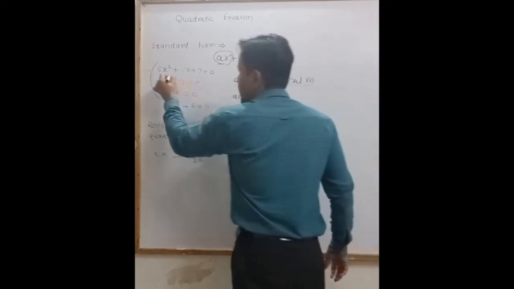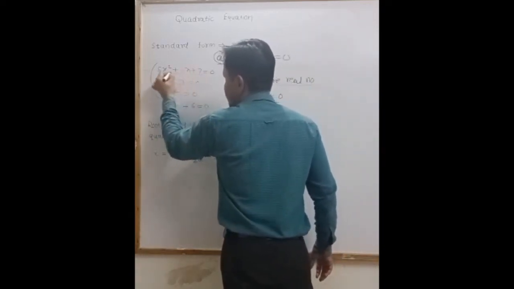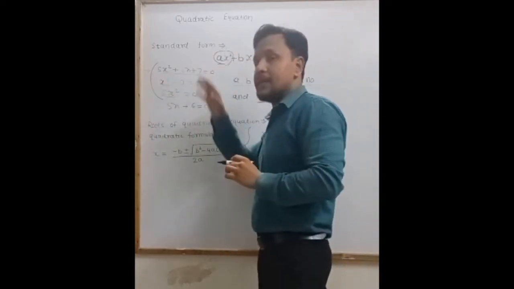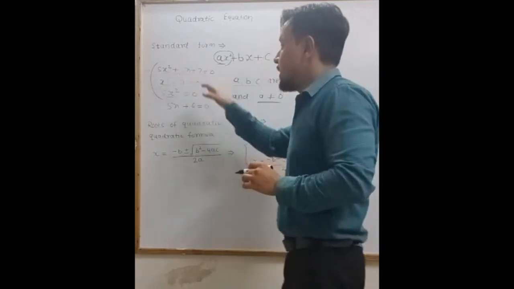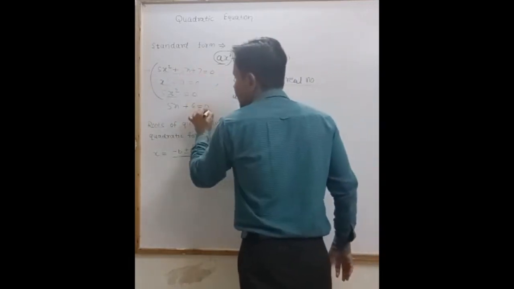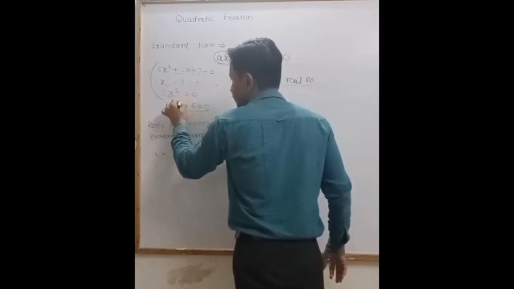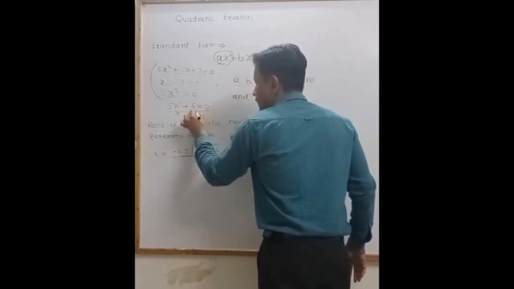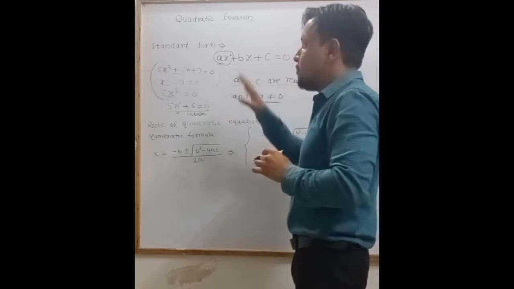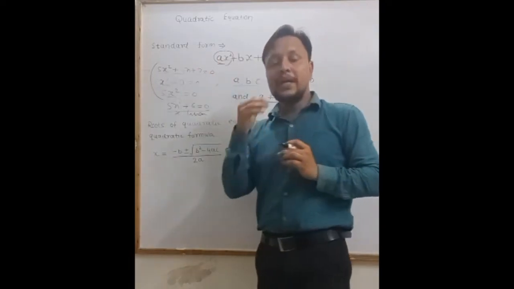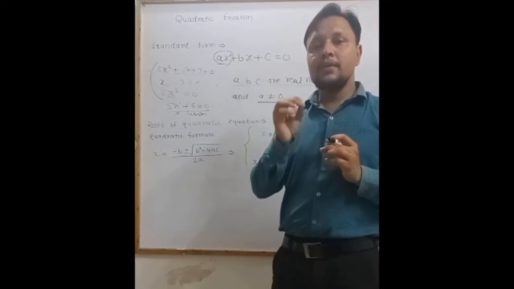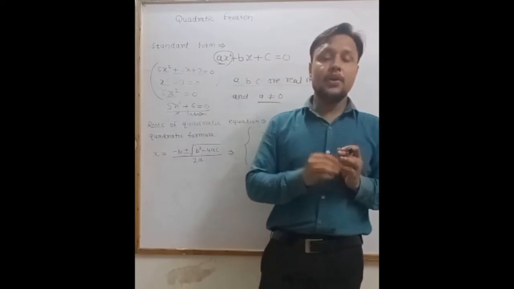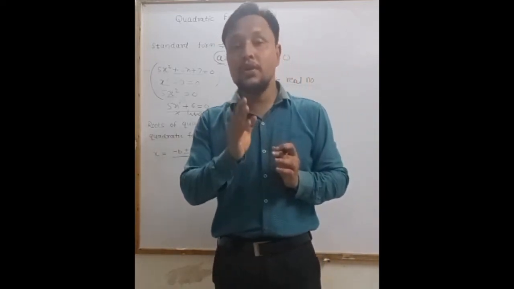Why? Because the highest power of the equation is 2, because the x square term is there. If the x square term is there, that means the highest power of the variable is 2. That's why it is a quadratic equation. But in the last example, the highest power of the variable is 1. So that's why it is not a quadratic equation. It will be a linear equation. Okay. So the compulsory condition to become a quadratic equation is that the x square term should exist in that equation, or in other words, the highest power or degree of the quadratic equation must be equal to 2.